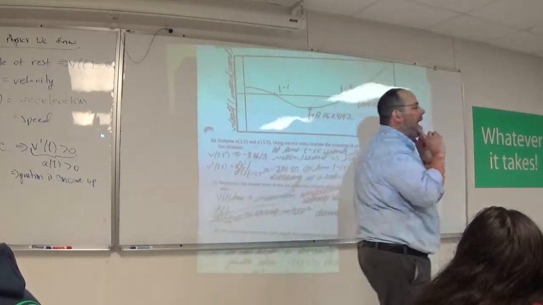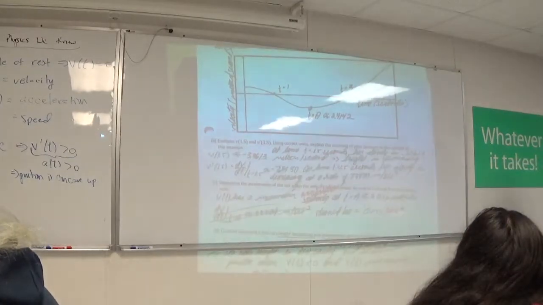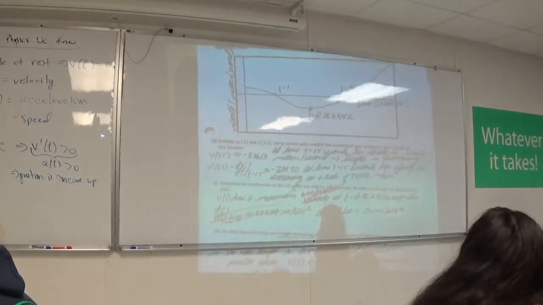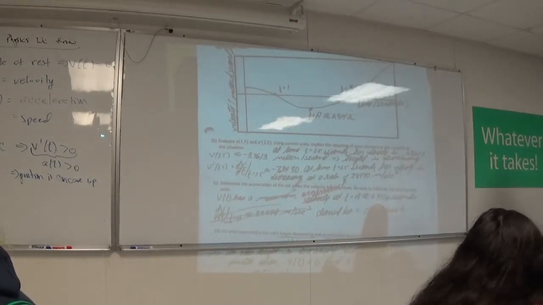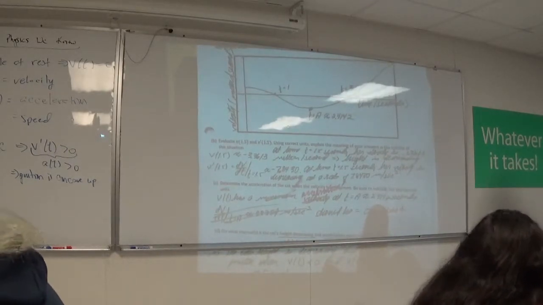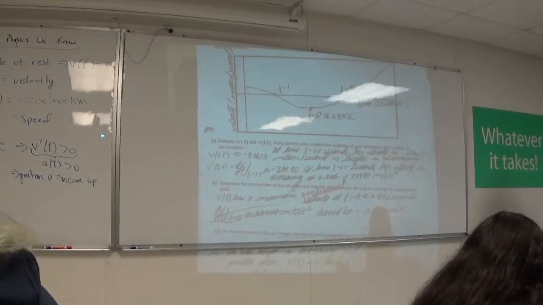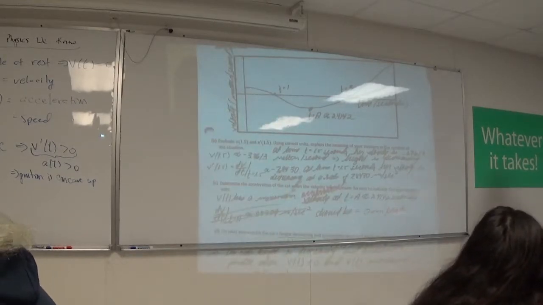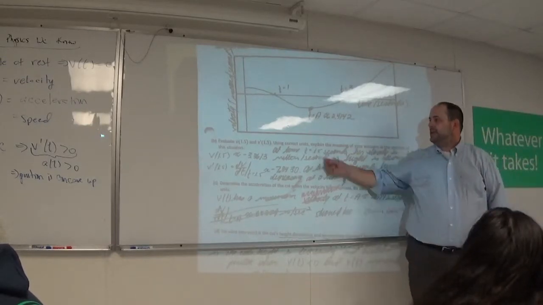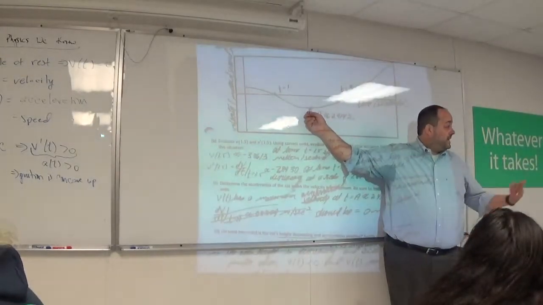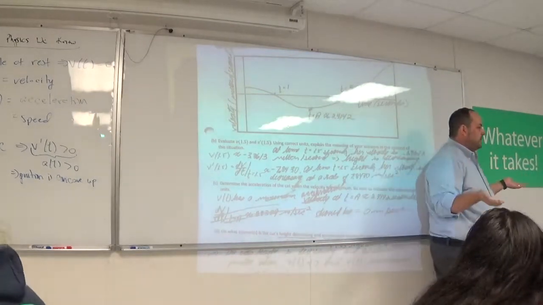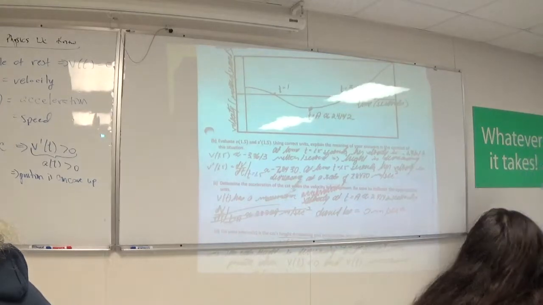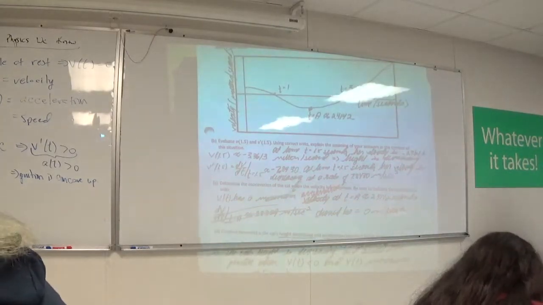If you used your calculator, did anybody find the coordinates for the minimum and then find the derivative at that point, and you don't get 0, you get like 0.007, something close to 0? That's because your calculator is struggling with accuracy. This could also just be a conceptual question: here's a velocity graph, what's the acceleration at the minimum? 0. Are we good?